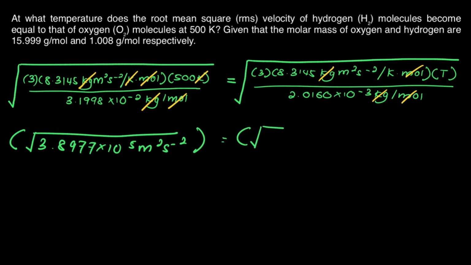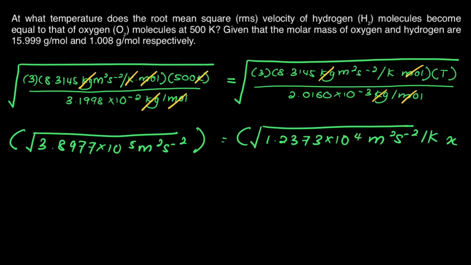Is equivalent to the square root of 1.2373 times 10 to the power of 4. This one is a little bit different. Meter square per second over K, and then for the T we just put X, right? In order for us to remove this square root, I'm just going to square each side. Therefore, you will get your X, which is the temperature, is equivalent to